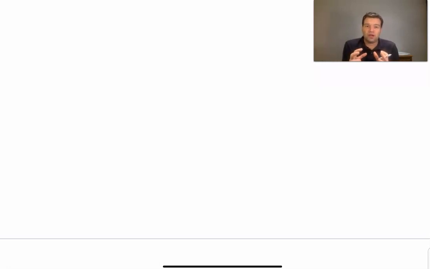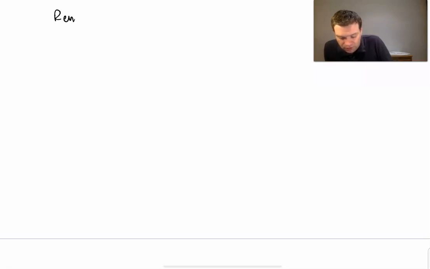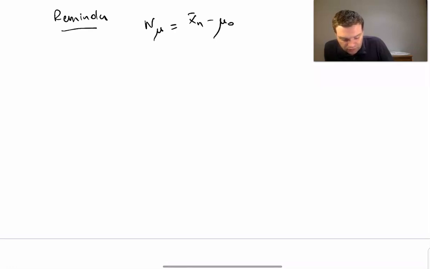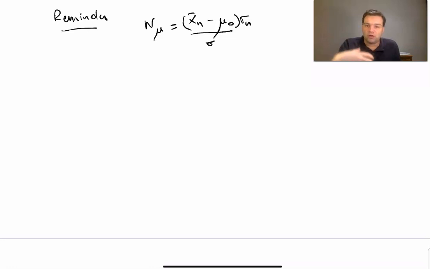it's really easy up to now to construct what we name a rejection region for a two-sided hypothesis test. Therefore, in a general way, I could say as a reminder before beginning this video, we have W mu, which is Xn bar minus mu naught. Mu naught is assumed under the null hypothesis. Here we have sigma, that is multiplied by the square root of n. Therefore, sigma could be replaced by Sn